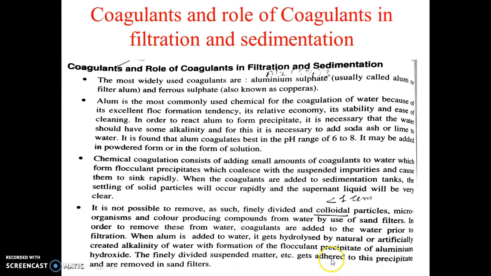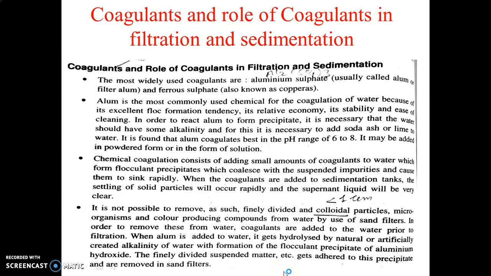Alum, or aluminum sulfate, or ferrous sulfate are used as coagulants, and aluminum sulfate is also called alum. So if we add this alum to that liquid, it will form a precipitate of that finely divided particle, that means these colloid particles,